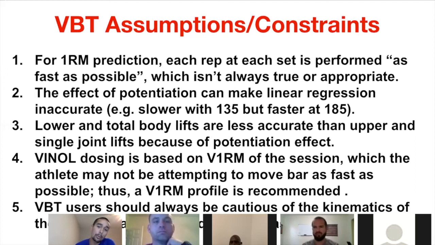If you're predicting a 1 rep max, you need to move it as fast as possible in order for the data to be accurate, especially those lighter sets. Here's the other issue, is that potentiation is real. And every person in this webinar right now can attest to, okay, I've got 135 on my back on back